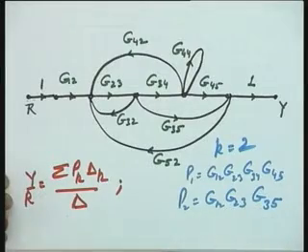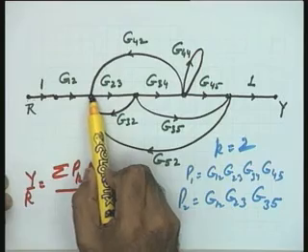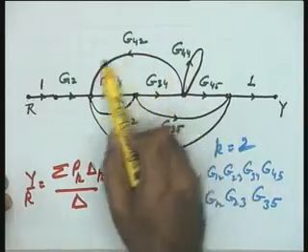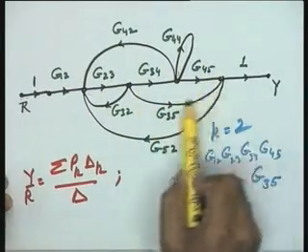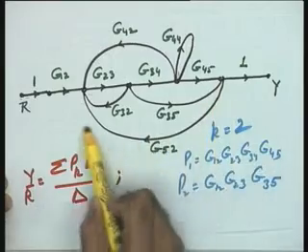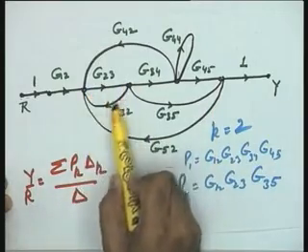Now, let us see the loops. How many loops, please? Some of you might have identified by now. The definition you know, so that the loop gains will be available to us, and we will then go to the delta formula. 5. 5 is okay. Those of you who could not identify the 5 loops, please see, let us trace those loops. 1, 2, the self loop. 3, oh, this one, yes, 3, 4.